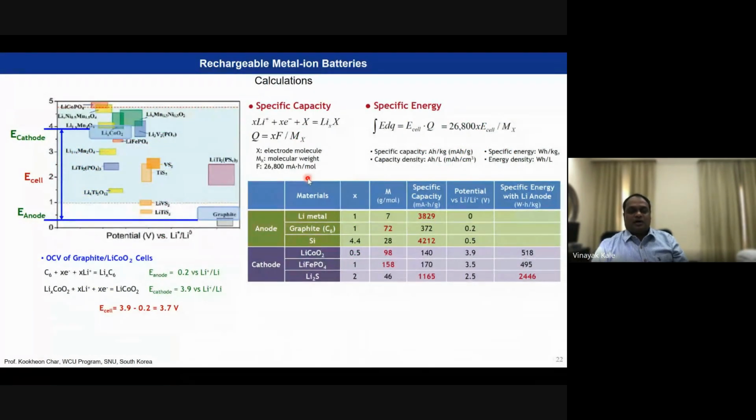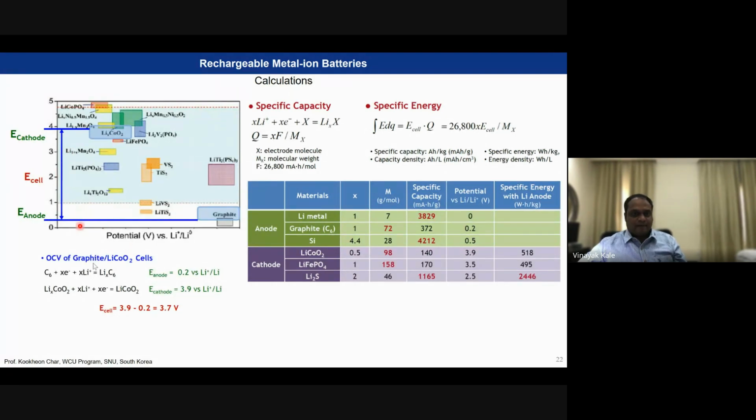So one could wonder how to calculate the specific energy or the specific capacity, how one can determine which is the best material for the battery, and how to choose the battery materials for testing or application. It is very important to see where the energy levels of the material lie, and the basic criterion for choosing battery materials is the electrode potential. For example, the electrode potential of lithium cobalt oxide lies at around 3.9 versus